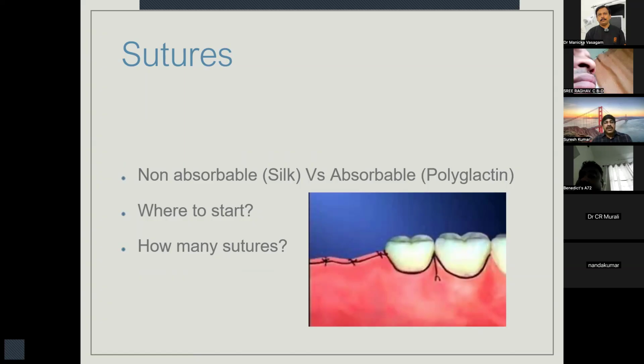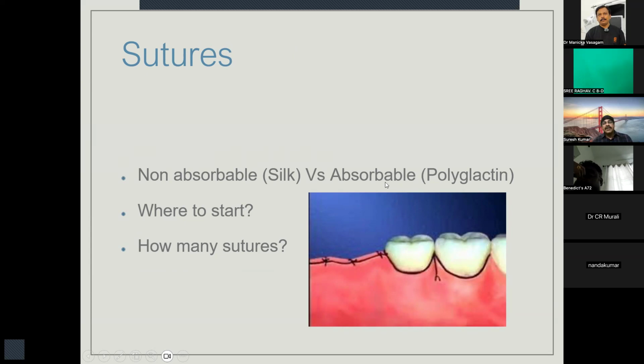So any non-absorbable or silk sutures, as you all are aware, we are going to remove after the 7th day or the 10th day. So there is no more chance for food collection or saliva collection around the incised area, so there is no chance for infection. Whereas if you use an absorbable material, that is you don't remove the suture, like Vicryl,